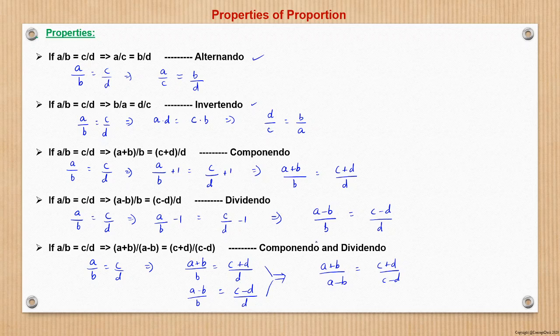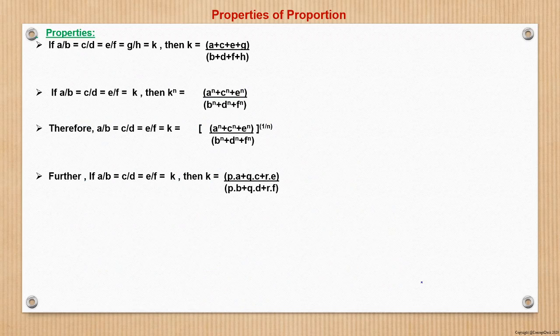So what are we doing? A by B is equal to C by D is the original equation. So we are adding the denominator to the numerator, and we are subtracting the denominator from the numerator on both LHS and RHS, so that will also be equal to each other. That is what this says. We will make use of these concepts in calculation, but these things should be remembered. This will ease the calculation basically. Now a further set of properties.